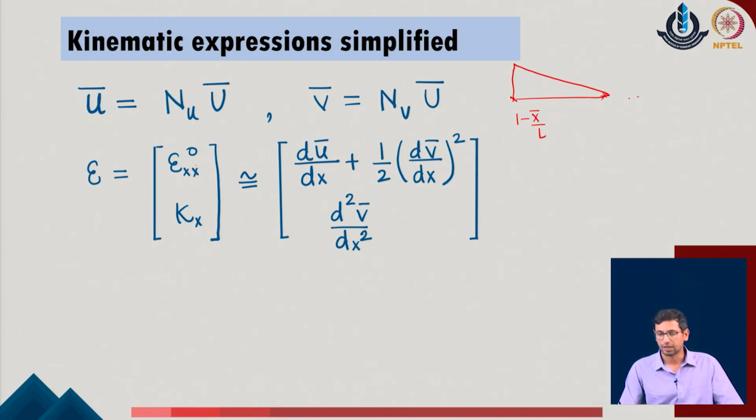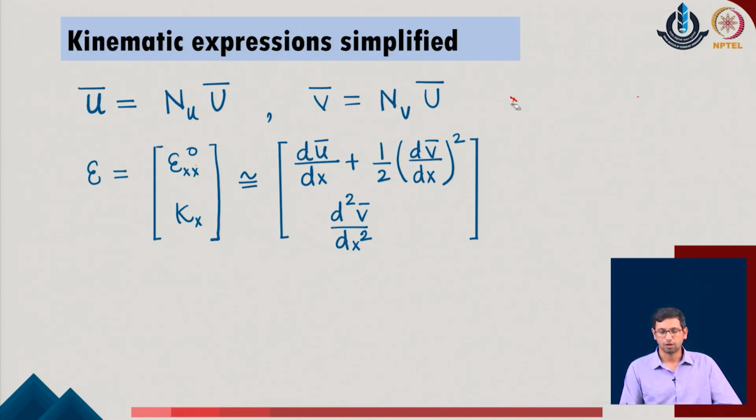So, the variation appears like this in the given problem. Similarly, if I call this n1, and draw n2, which is x upon L, it comes out as this one in the given system. So, these are typically the functions which show how the specific degree of freedom is varying across the length of the given member, and that typically has its own set of properties which we generally discuss in a course on finite elements.